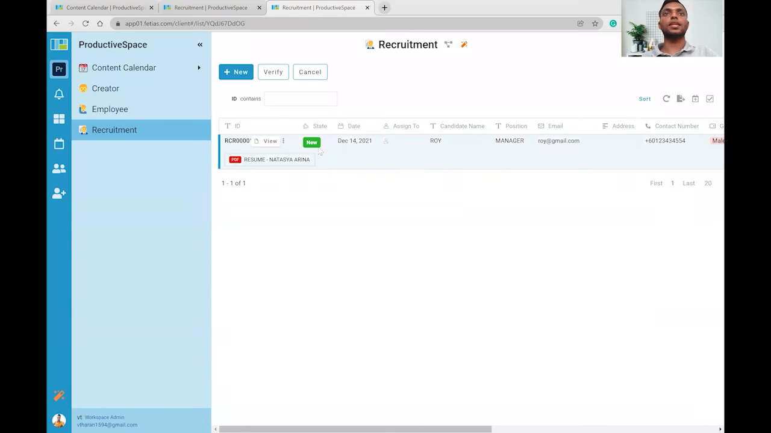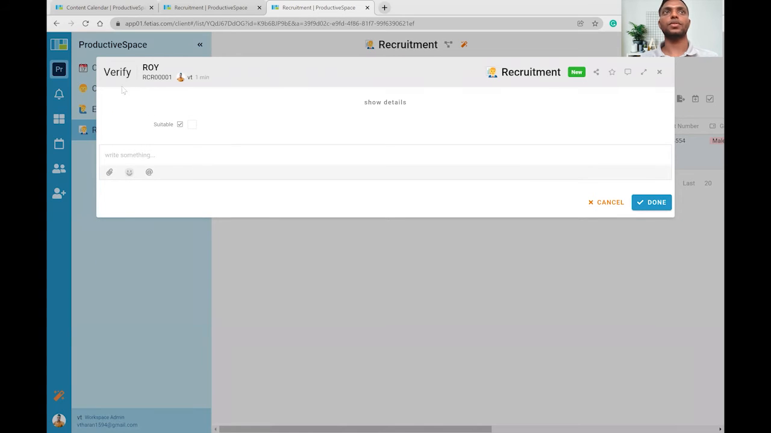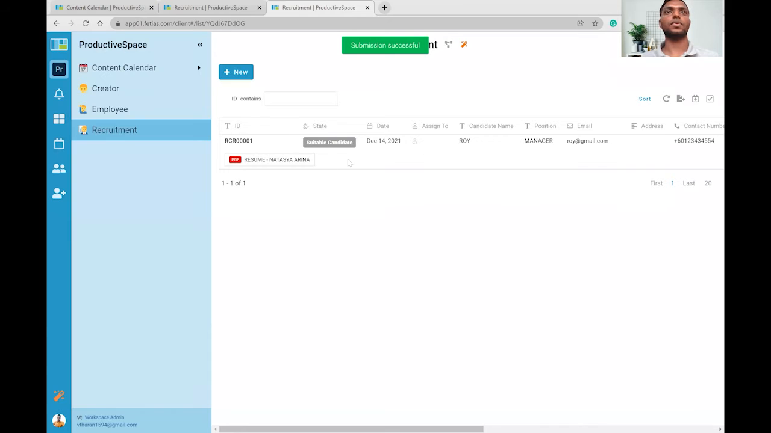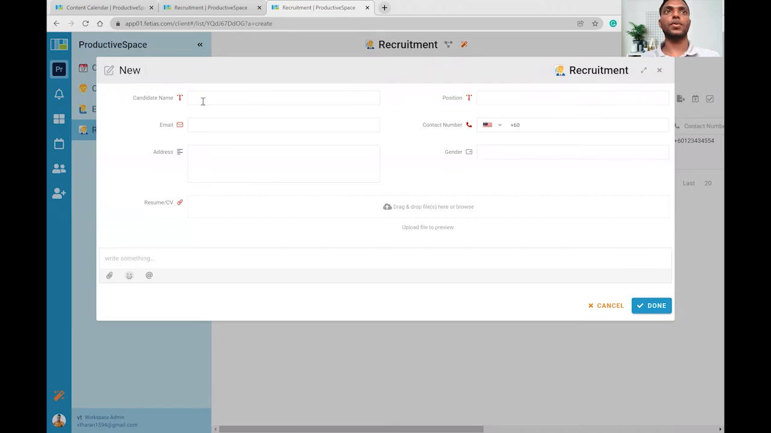So in the new state, if I select the record, you can see there's a prompt with buttons, which are the activities that we configured just now, to verify or cancel. When I click verify, it shows the suitable checkbox. If I tick and done, it goes to the suitable candidate. If I go to, let's say, another record,